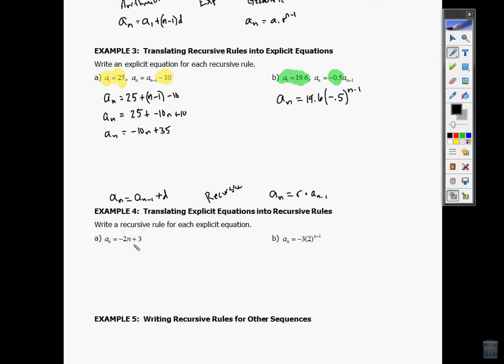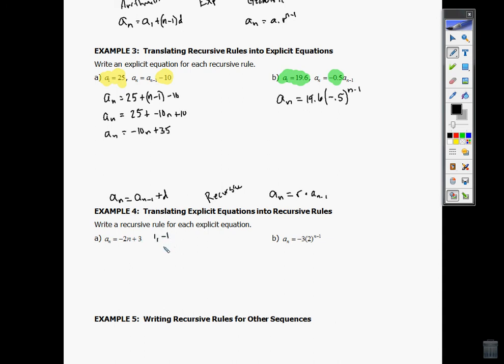Is there any way that I can pull the common difference out of part A? Let's take a look at what the first few terms of this sequence would look like. That way we can pull out the common difference. If I look for the first term, a sub 1, n would be 1, so this is 3 minus 2, the first term is 1. Well, what about if I look for the next term and I make n equal to 2? Well, that means that's negative 4 plus 3,